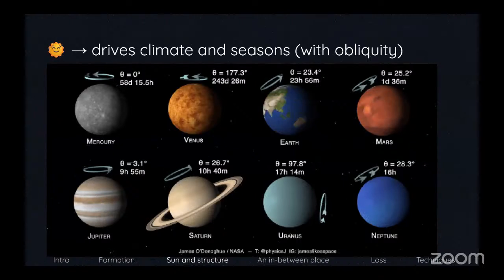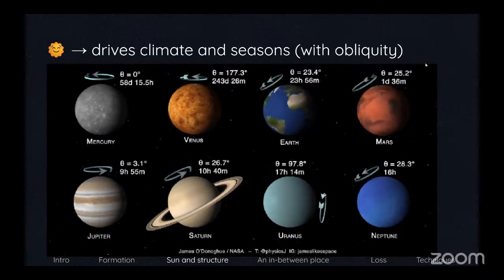So one of the biggest ways that the sun controls our atmosphere and climate is, of course, through its interaction with planetary obliquity, which is just the tilt on the axis around which it spins. So I've got a summary of those here. And this creates the seasons that we have on the planet. On Earth, this probably feels pretty familiar. We have a moderate obliquity tilt. And when a hemisphere is pointing toward the sun, then you have, of course, summer. And when it's pointed more away, then we have winter.